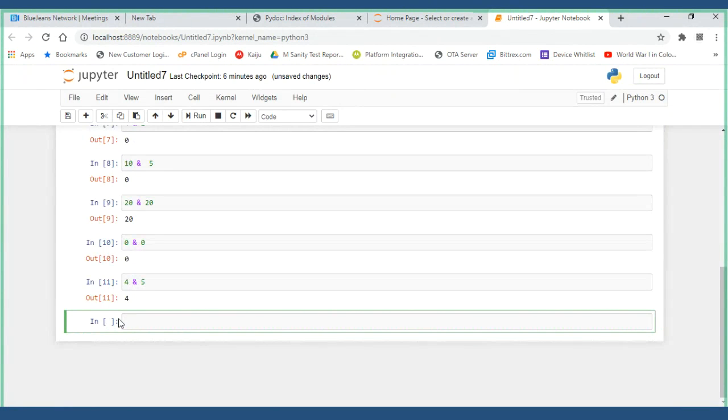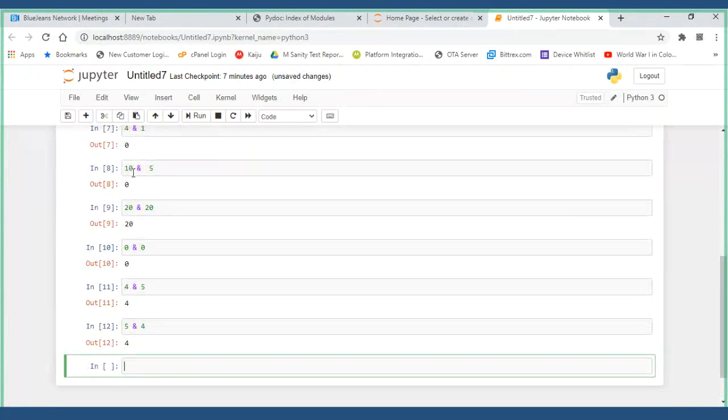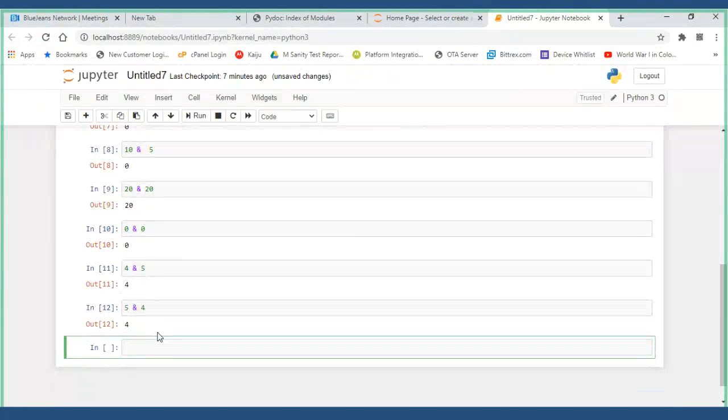If you clearly observe, I've taken 10 and 5, then what happened? It gave me the 0. Now I'll take 5 and 4. 3 rules to be remembered, so that is the reason. Now I got again 4. Why is the same thing not applicable to 10 and 5? Why is it applicable for this? Confusion? Yes, yes, sir.